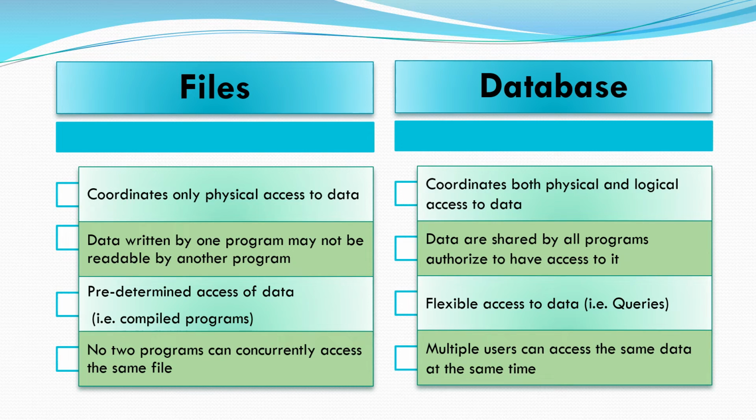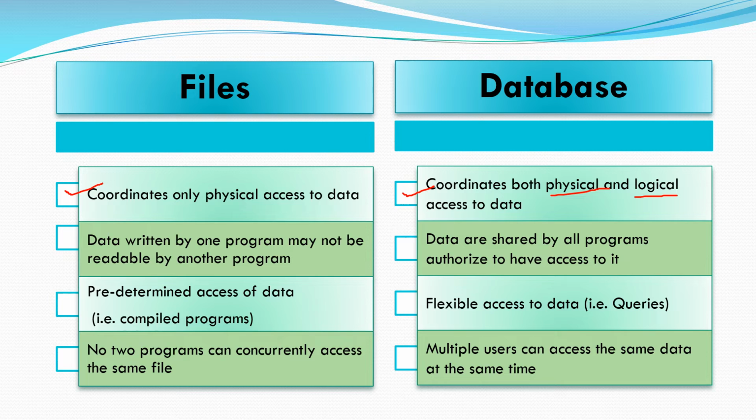Previously, we discussed different terms like data, information, files, database, etc. So now we'll compare file system versus a database system. The first point is that a file system coordinates only physical access to data. Here only the file system checks what we are going to store in a file, whereas a database coordinates both physical and logical access of data, means what we are going to store physically and how they are